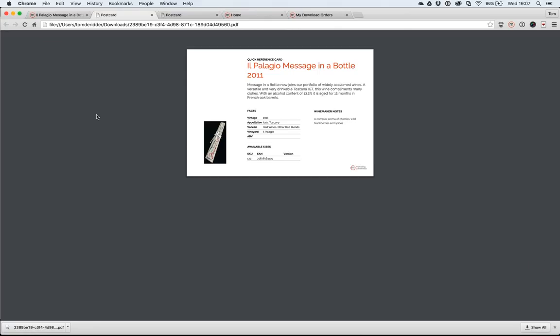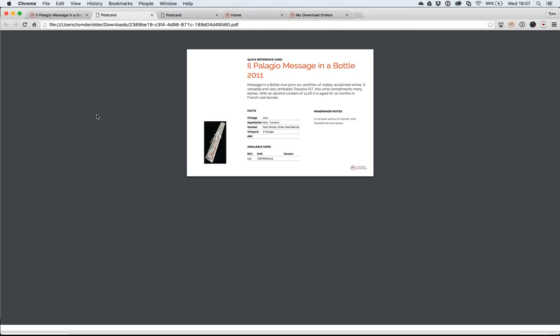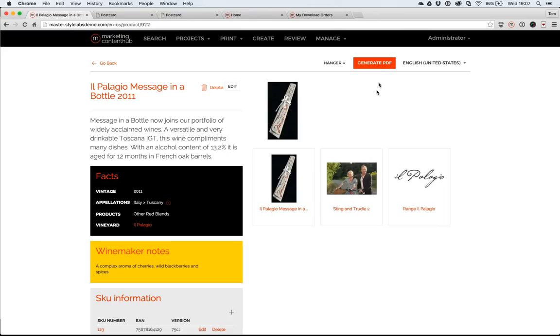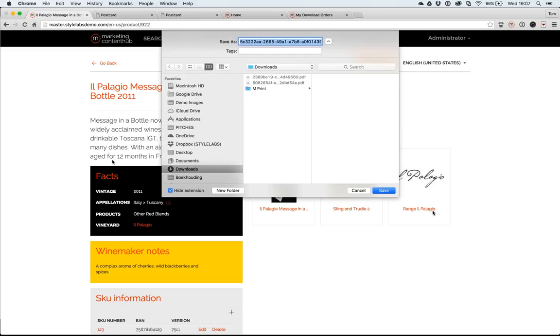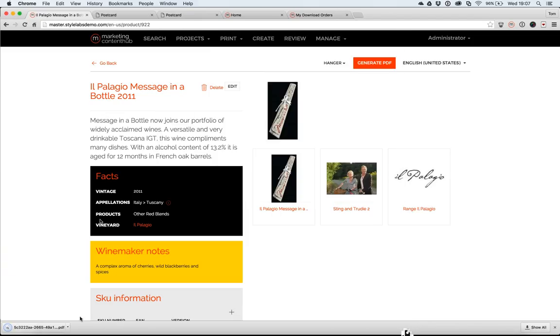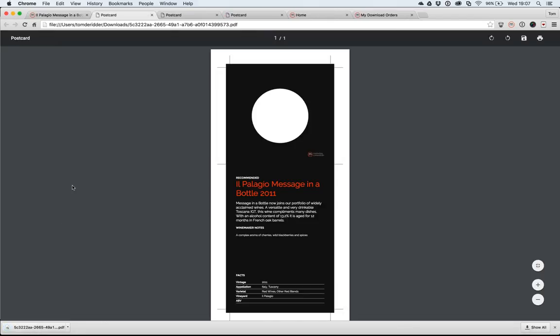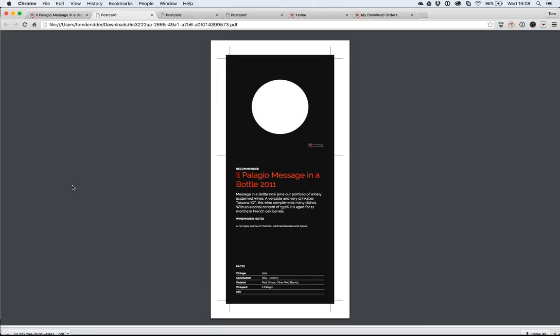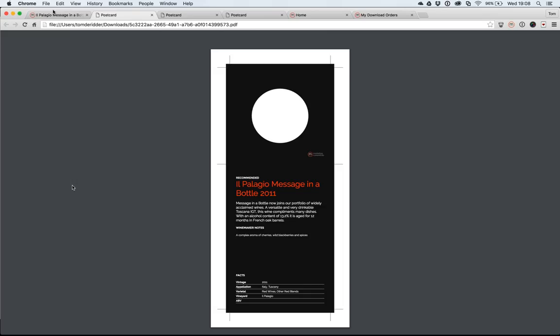On half that size, which could be a handout or maybe even a piece of point of sales material. And then again, another sample is a hanger card, which is more like an actual point of sales material, which you will also see is more formatted towards pre-press and less towards electronic distribution, with crop marks and bleed, etc. So the idea is that this is something that you would typically put around the neck of a bottle